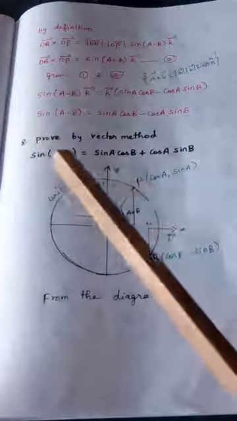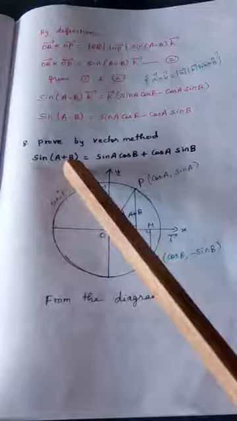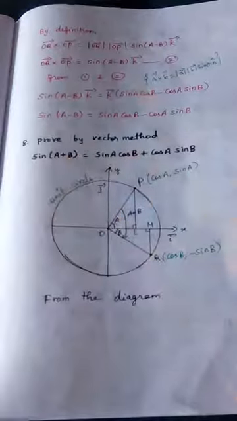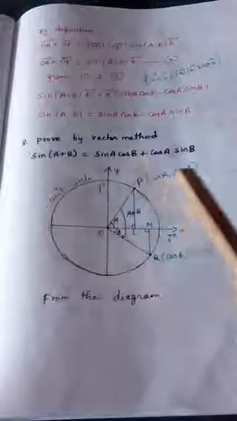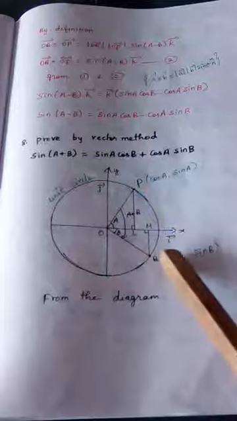When should we take it like this? If it is plus. Minus means what we have to do? Take both the points in the first quadrant. Since plus is present, take 1 point in the first quadrant, other point in the fourth quadrant.